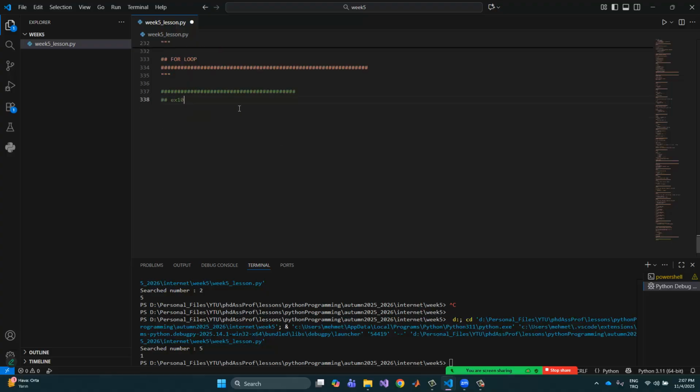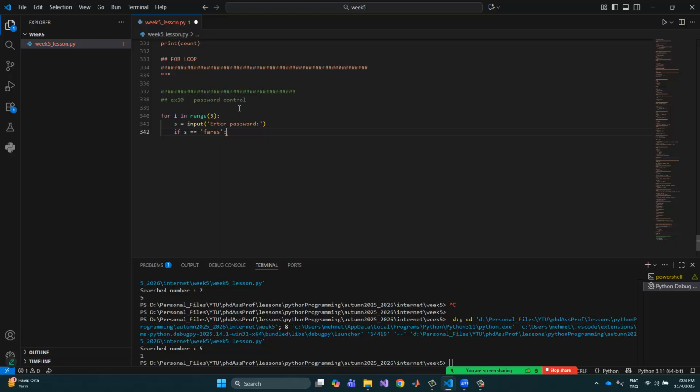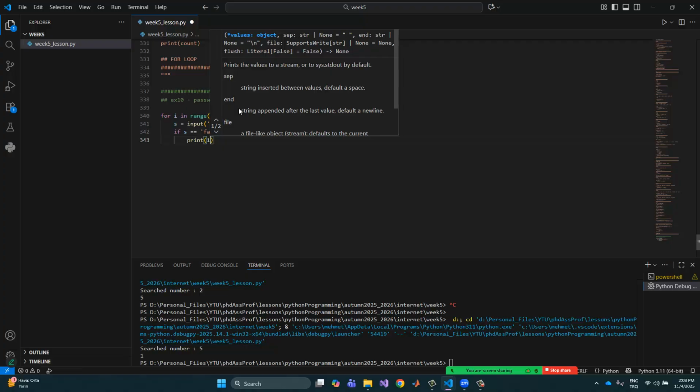Or can create the password control. Okay, for I in range 3, we have the 3 choices or 3 selection to find out the password. Okay, as input enter password. Okay, and after that if as which is equals to what, for example Fares are password. Okay, and so the print. Okay,